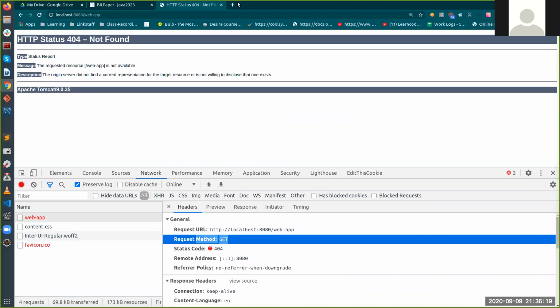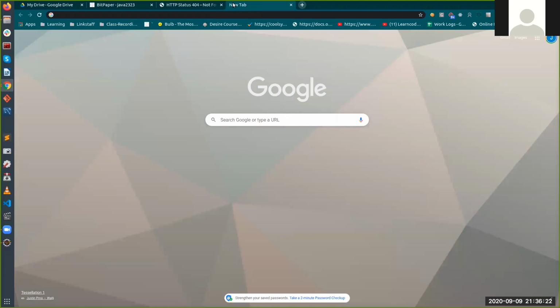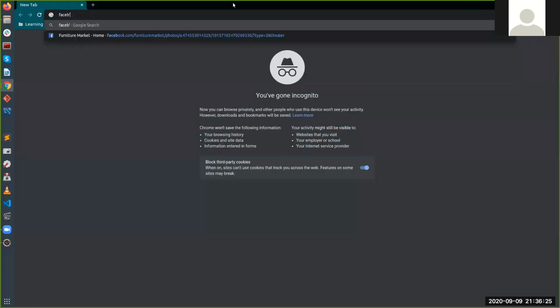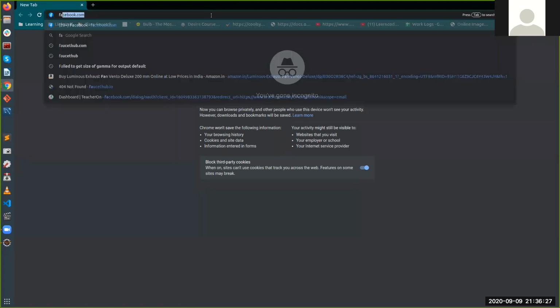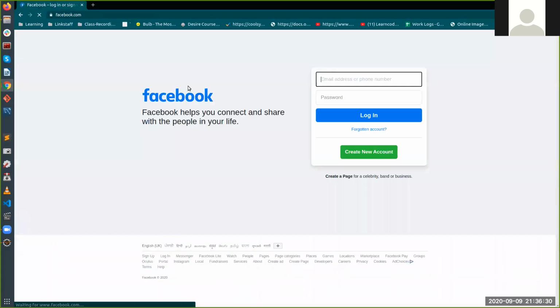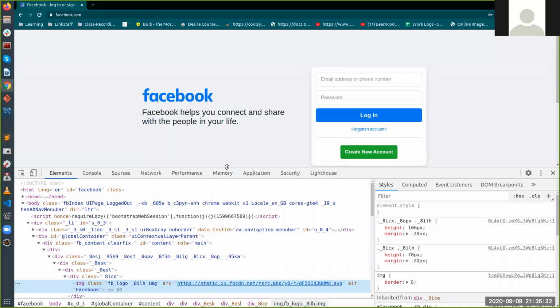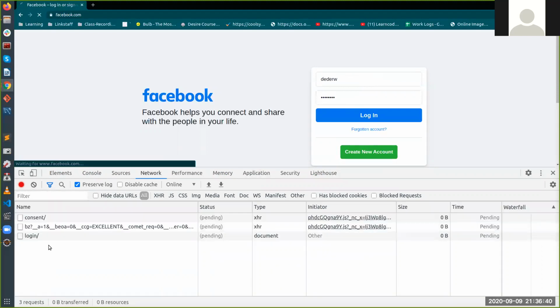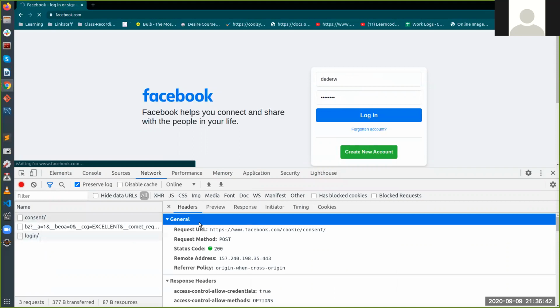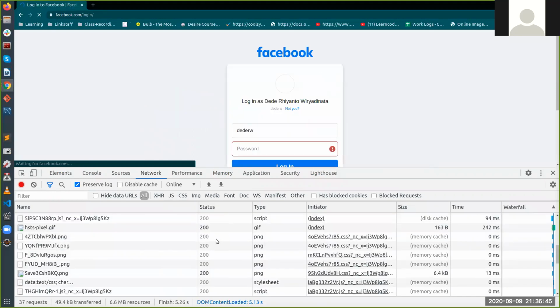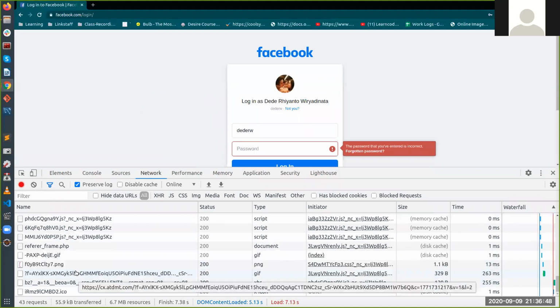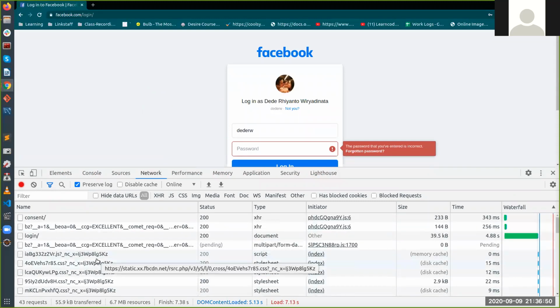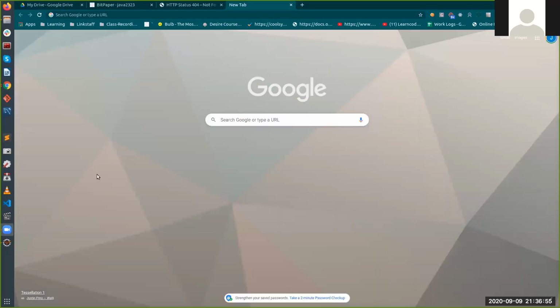It's a get, right? But if I go for, let's say, Facebook, and I want to submit some data, I'll check the inspect element of this network. Right, so if I try to submit the data, let's see what happens. So here we see consent. Now see, what is the request? It is post. That means it is sending the data, right? Anyways, we can close this.